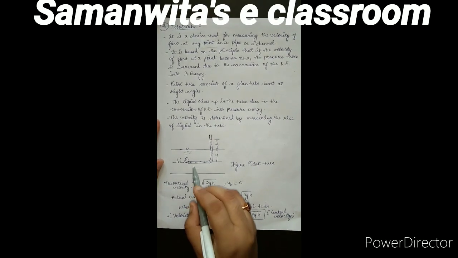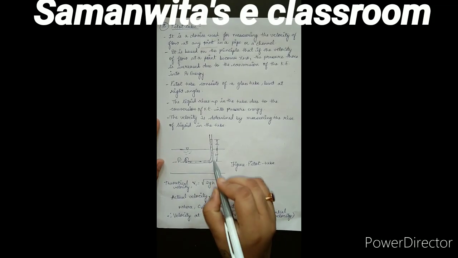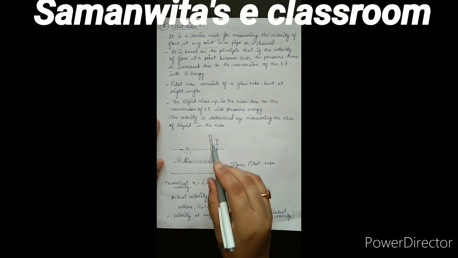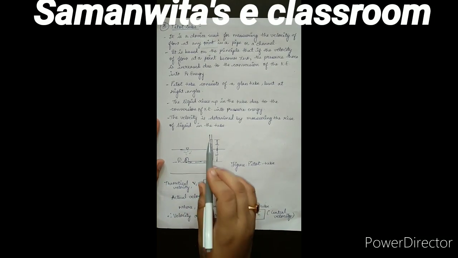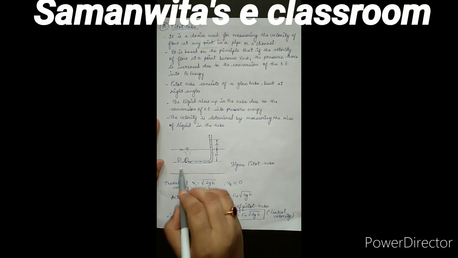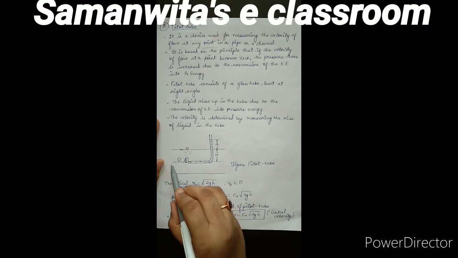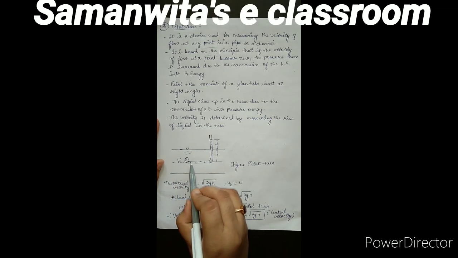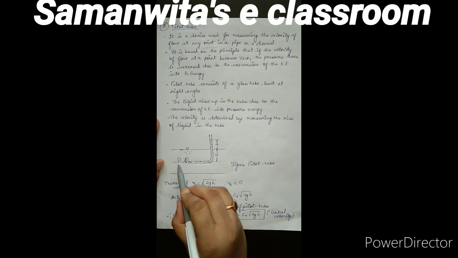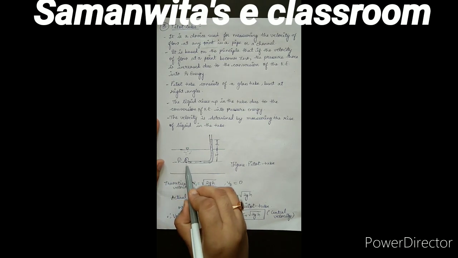The Pitot tube consists of a bent 90-degree tube. It is made of glass. You can see flow taking place and the Pitot tube is inserted into the pipe. At this section 1, the velocity of the fluid is V1. At this point, the velocity will be V2. When the flow takes place towards the Pitot tube, since there is no other exit, the velocity at point 1 is going to be more than the velocity at point 2. At point 2, it becomes approximately equal to the velocity of this pipe. At this point 2, the velocity becomes approximately equal to 0.